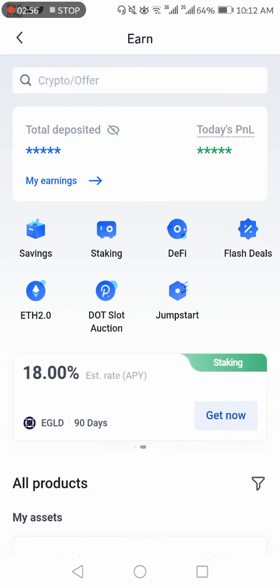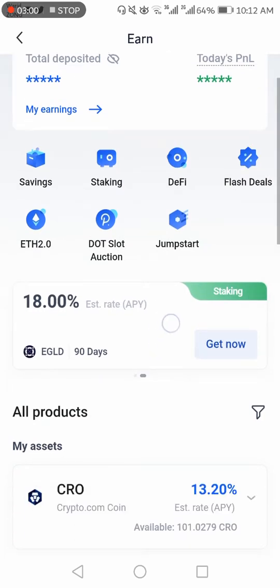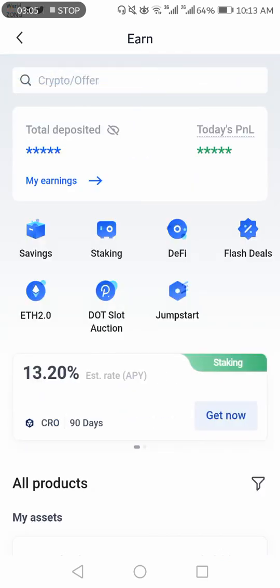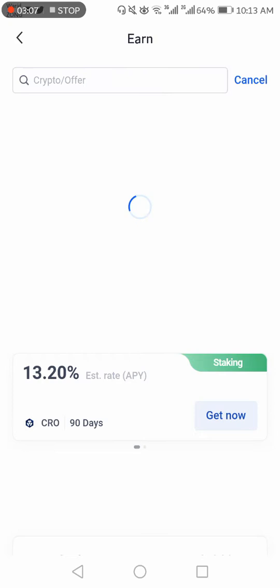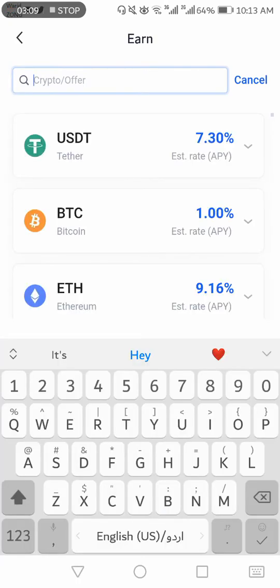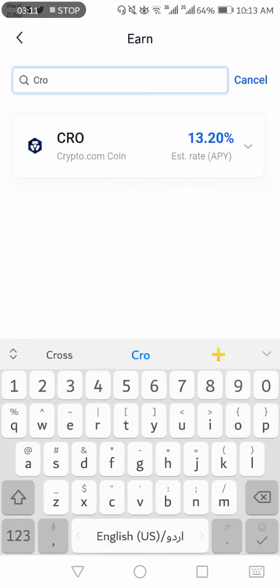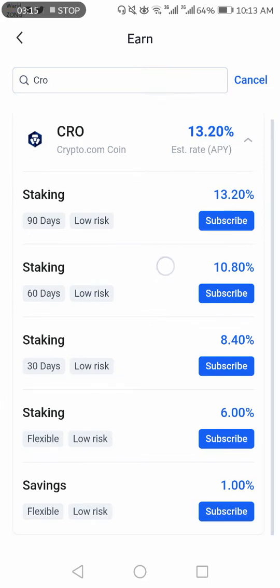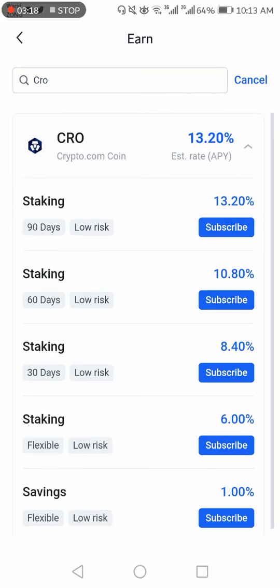So in this video I will also stake my CRO token. If you are not able to find CRO here, you can search in the top bar, and you can see the CRO staking as well. Okay, so here there are 5 different ways you can stake your CRO token.